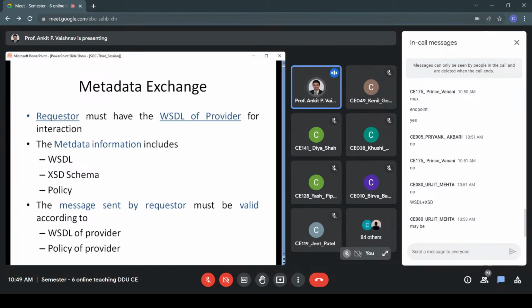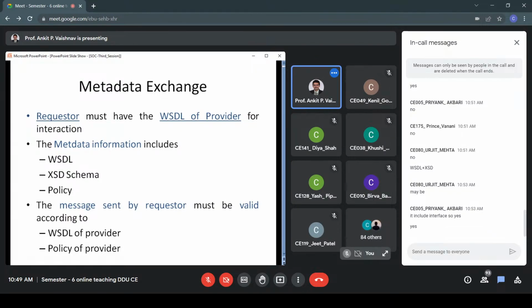I'll be happy to hear that. If anyone remembers, right? Okay, no issues. Metadata and contract, it includes interface. So in terms of WCF, you are answering, right, Priya? Yes. So in terms of WCF, you are correct, right?